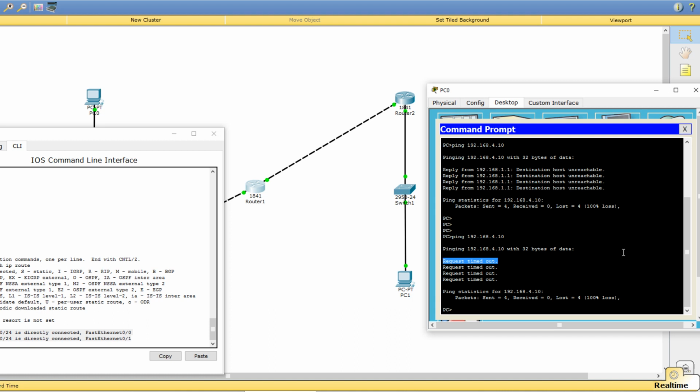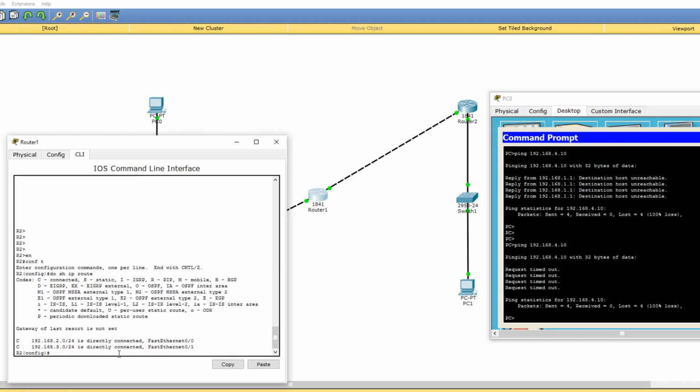Now, every time ICMP is sent out, the sending device has a timer. It waits for a certain time. If it doesn't get a reply in that time, a request timed out message is shown, right? So now let's do this. Let's go to router 2 and tell it how to reach the 4.0 network. So let's say IP route 192.168.4.0 255.255.255.0. Please go to